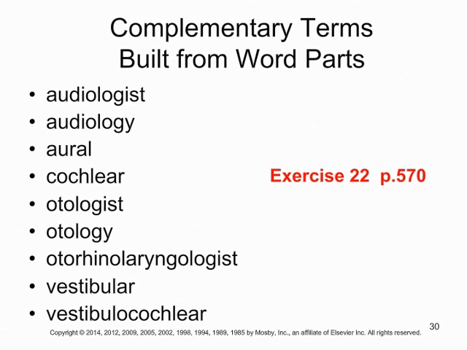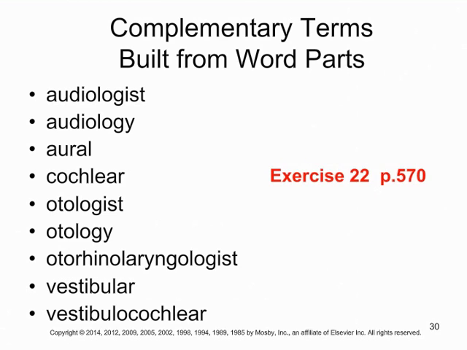Other terms on here have the suffixes that mean pertaining to. So we have aural, which means pertaining to the ear. Note the spelling here. It's pronounced oral, but don't get confused with oral, meaning pertaining to the mouth. Cochlear, pertaining to the cochlea. We have a giant long word,